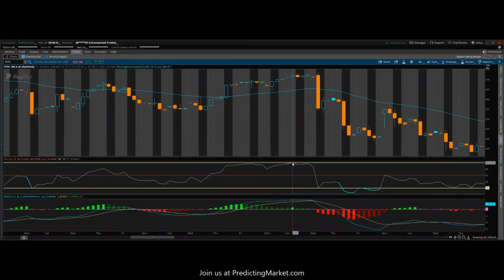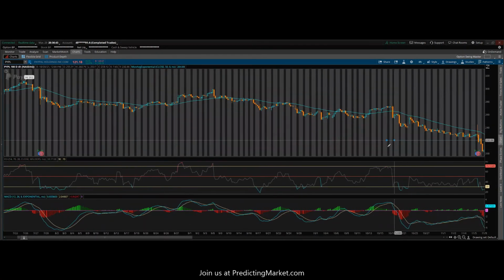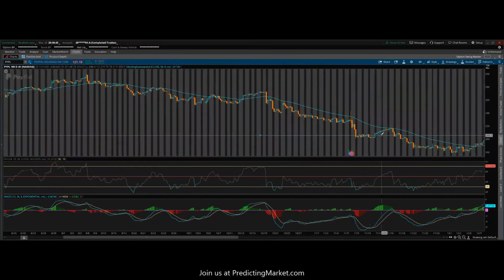If you had taken this indicator and thought, okay, now RSI is showing me an overbought zone, and if you had sold, it might have gone a little higher, but it never made new highs. It made lower highs, but it never made higher highs. So it went there, then it tested here, and then it went down. Okay, so this is how these three indicators are very critical, at least for the basic